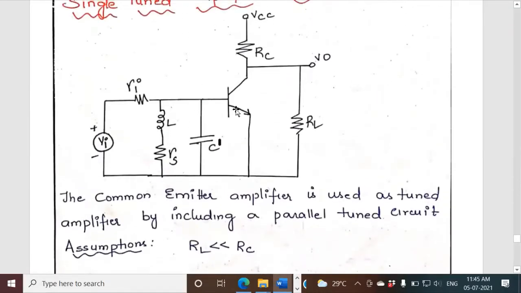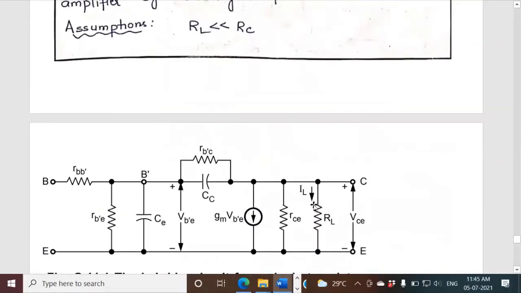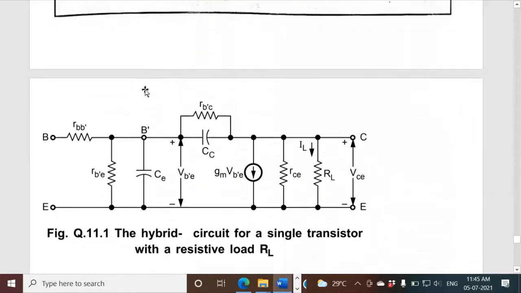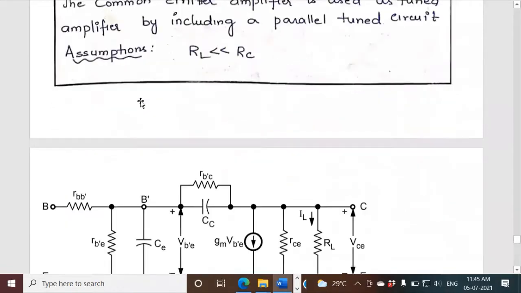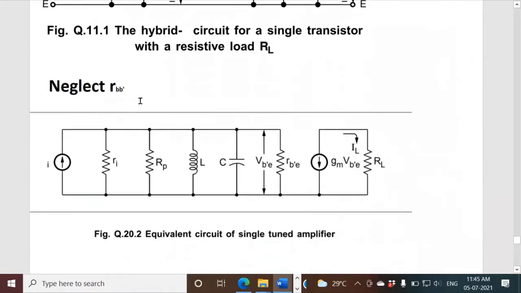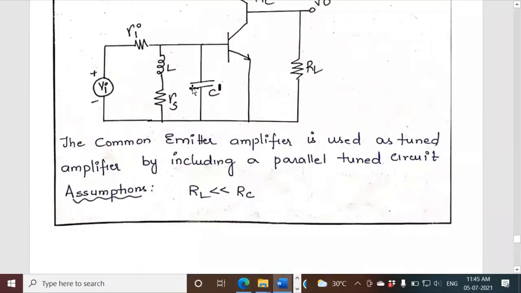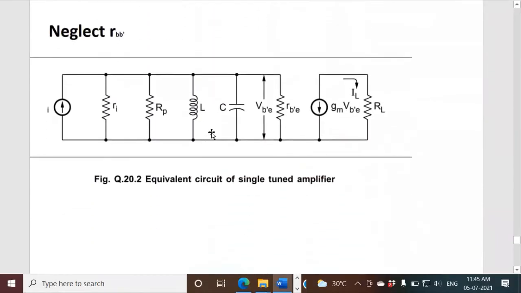So what do we have? Transistor and RL. We already have the transistor and RL. To this, what all do we need to include? We need to include these components at the input side. If we include those components at the input side, here if you see, there is some inductor, there is some capacitance. So let me draw the capacitor and inductor.